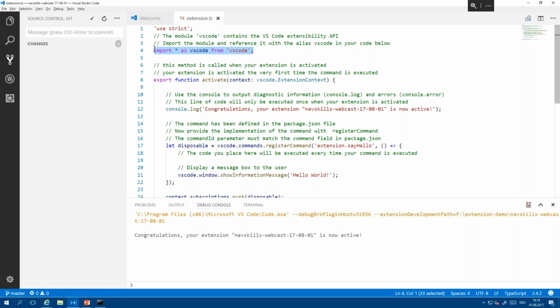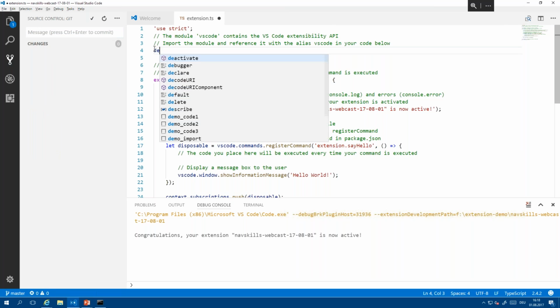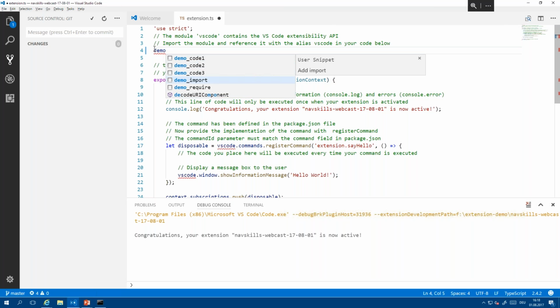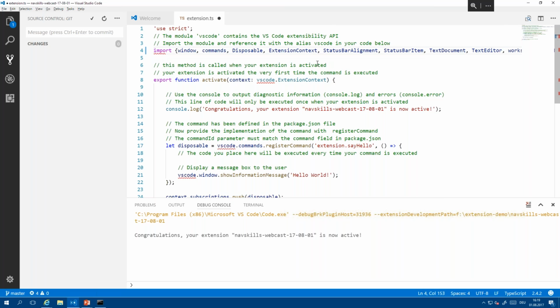Okay, first of all, I want to change the import. And what I show you here are VS Code snippets. As you can see, this is a user snippet, so something that I've defined. This is very useful for demo scenarios like we have now, but also very useful in actual coding. Microsoft is delivering some of those inside the AL extension of standard snippets. I think there's an MVP repository for snippets as well, that you can just use, and you can create your own ones.